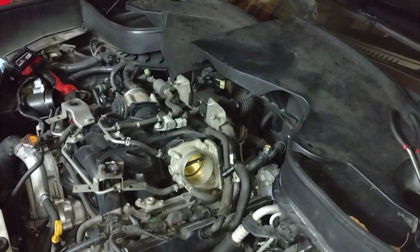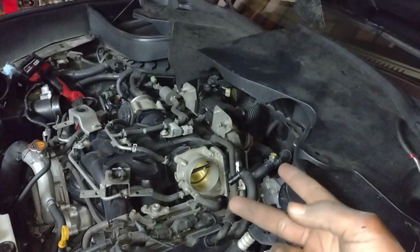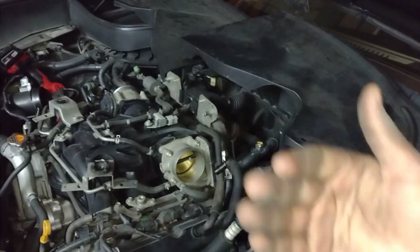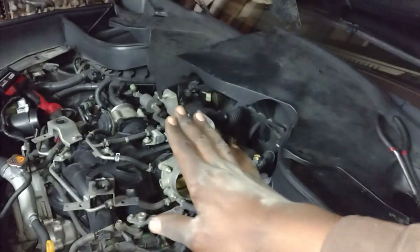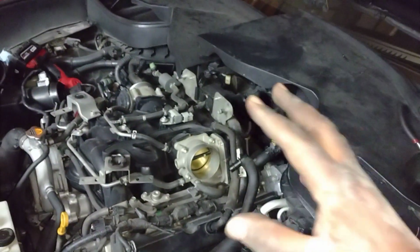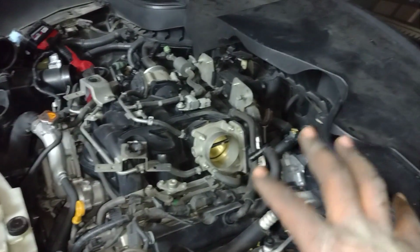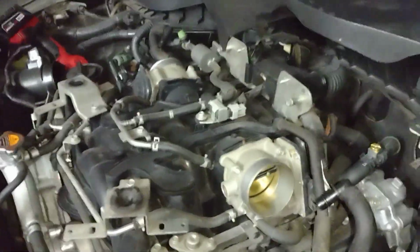And people who've done the idle air relearn know that one of the two initial procedures you have to do is, one, the throttle closed position, it needs to relearn where that is, and number two, it needs to know where your gas pedal is when you release it. Then you do the whole idle air relearn. So in this video, I'm just going to place the camera here and repeat the same procedure, and then you'll see what happens when I turn on and off